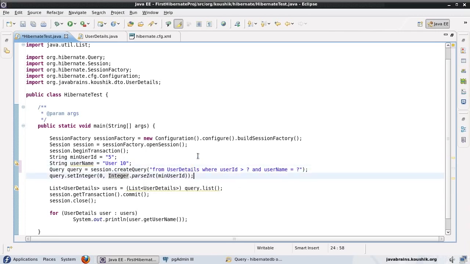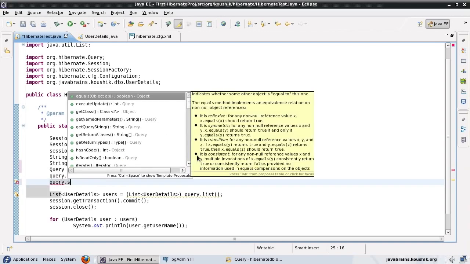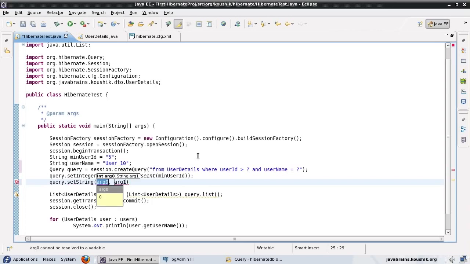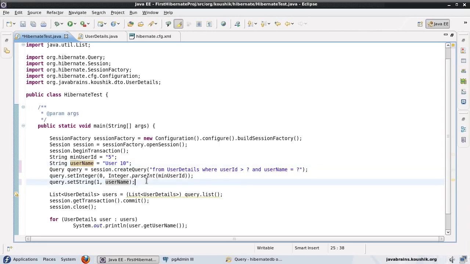So what I'll do here is I'll again do a query dot set. This time I'll do a string. So again, it takes two parameters. This time I'm going to pass the first parameter as 1 because I want this question mark to be substituted with this value. And then the second parameter is, of course, the value that needs to be substituted. This will be username, which is this one. So now if I run this,